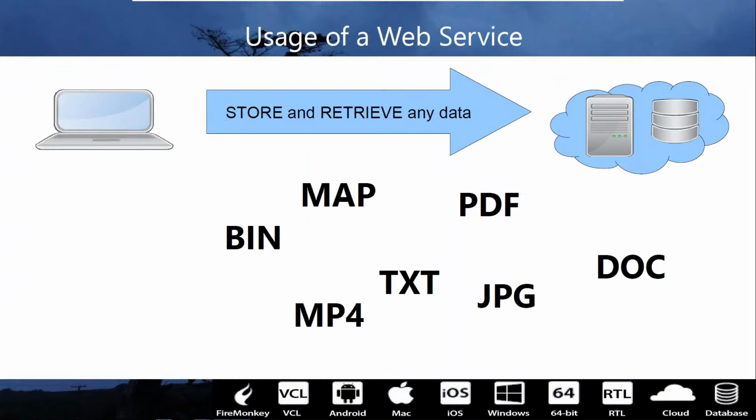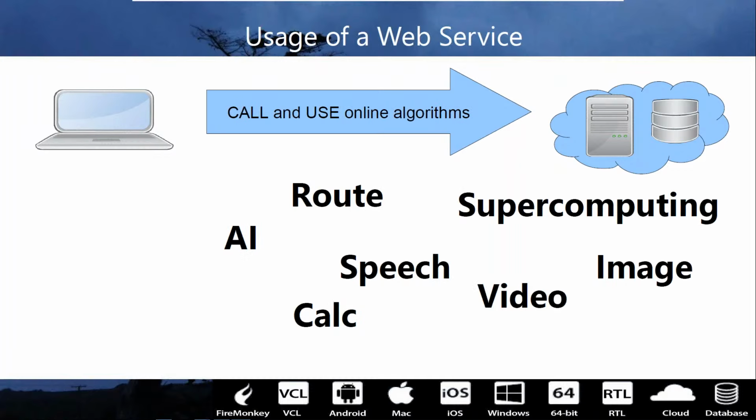Well, they use it to store and retrieve some data like PDFs for a report server, or JPEGs for an image server where people download images of damage on their car, for instance, or video files, MP4s, or some binary stuff, or mappings like map information with the location and stuff like that, or just documents. You can also use the web service to